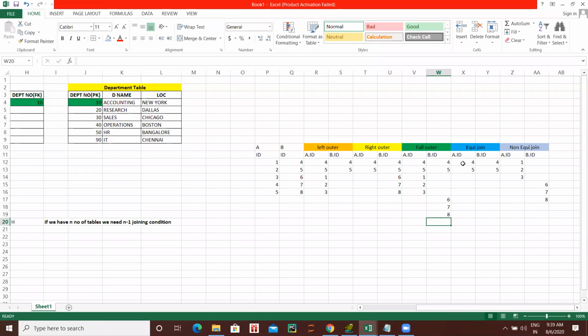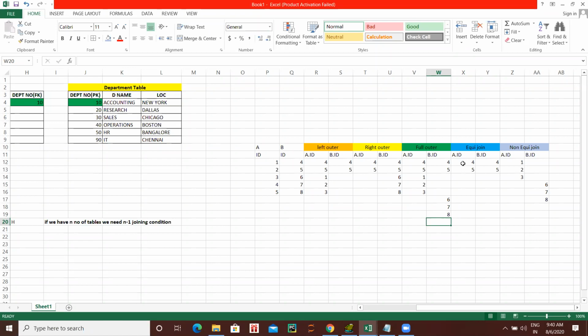Perfect. Now see, try to understand. Equijoin means in A table and B table, which numbers are equal, it will give 4 and 5. That's it. Non-equijoin means it will give which is not equal, but it will give the corresponding field as blank. 1, then next blank, 2 blank, 3 blank.